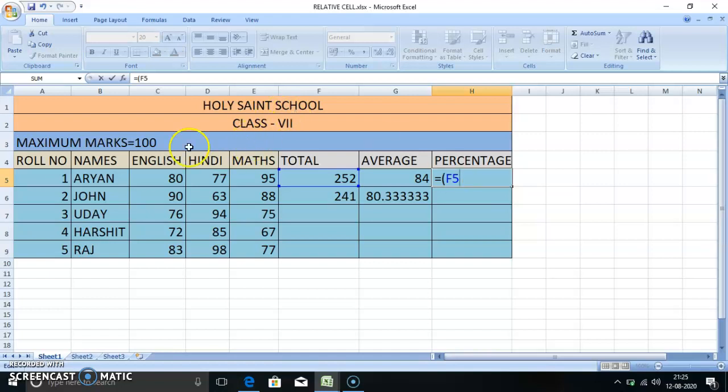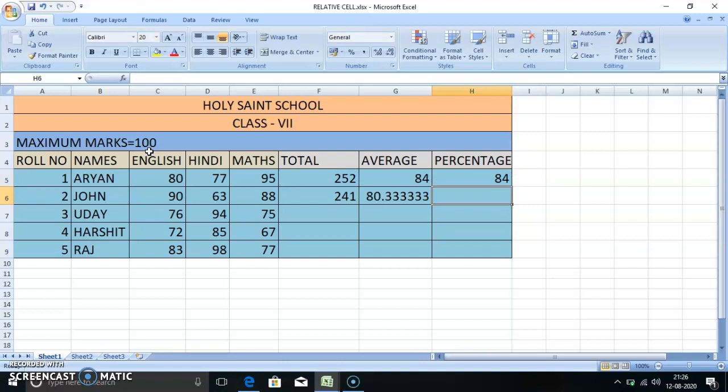Here total 3 subjects and each subject has maximum marks 100. So 100 for 3 subjects will be 300. That's why we divide it by 300, bracket close. And for finding the percentage we have to use multiplication by 100. So we get the percentage. Now after completing the formula, press the enter key.